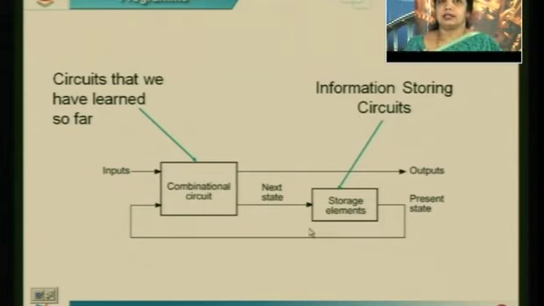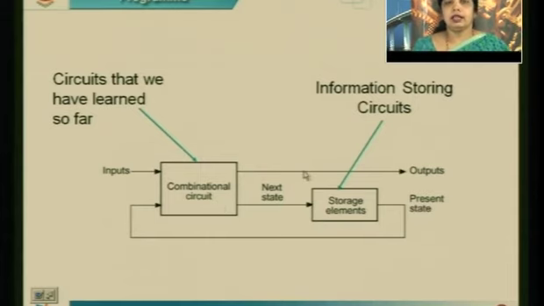Now we are discussing an additional element, that is the storage element. Here we can store the output of the combinational circuit in a storage element. What is this storage element? It is nothing but a circuit which stores information. We call this memory. So we can store the possible next state in a storage, and then feed back the present state to the combinational circuit. Then we can realize what will be the output.